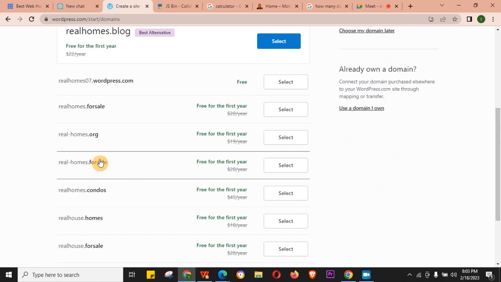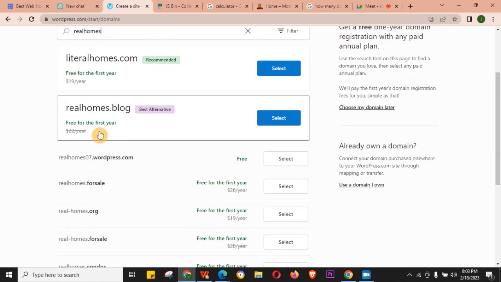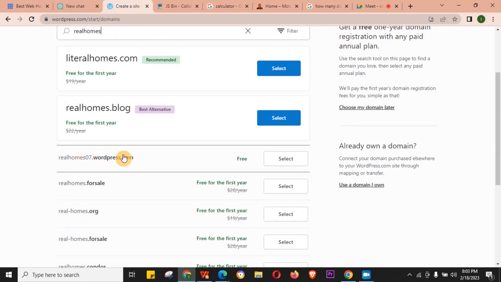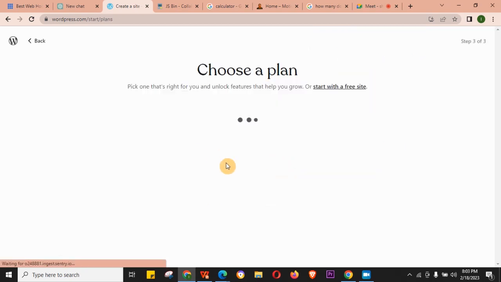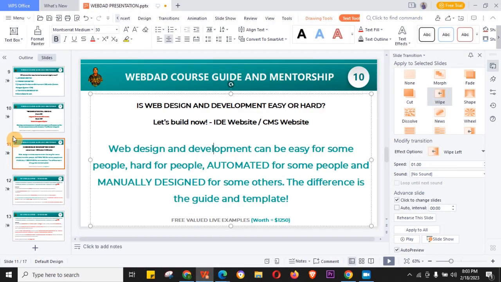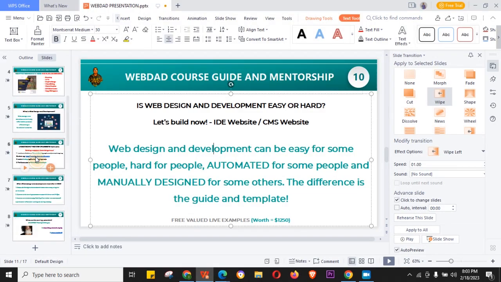They are not allowing me to change it or design it. If I want to go for the free one, this is what I must take, and that's what I'm going to take right now. So I'll just select this. Like I mentioned earlier in my presentation, when you want to build a website, you need the